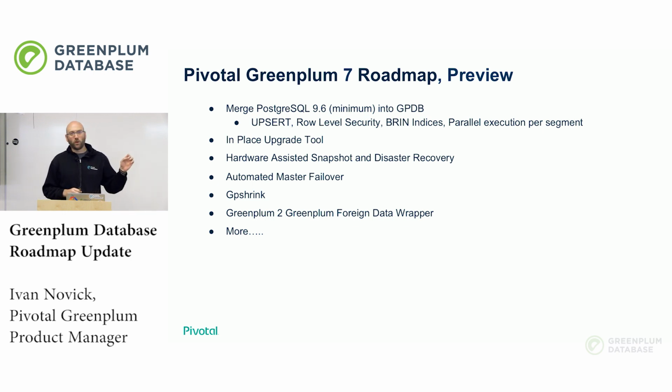Also looking to automate the failover of master processes, traditionally a role reserved for the DBA, but to do this automatically. The ability to shrink clusters, and then also very exciting, the ability to query between multiple Greenplum clusters with foreign data wrappers. So I've seen a demo of this just last week from some developers, and what it means is that you can create a query plan where as part of that query plan is a foreign scan. And it can do all kinds of smart things, right? It can operate on the remote cluster to do the parts that are efficient there and bring back the necessary data, but really to say, okay, I've